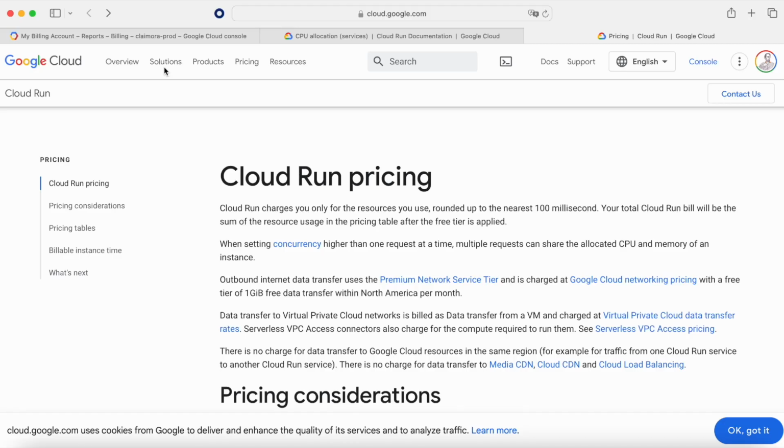Hello. As all of you know, Cloud Run is a serverless product. And how can we save money with Cloud Run? Because mostly it's always going to be the same price. As you can see when you look at the pricing considerations, there are a few things that we can do, because reading